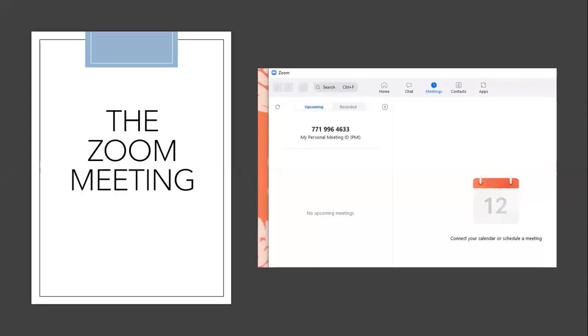The Zoom meeting. A module of learning will need to be accessed by each student in which they will have to watch a video lecture, participate in a group discussion, upload their own story time video project, and provide feedback to multiple other participants. The first synchronous Zoom session will last about an hour,